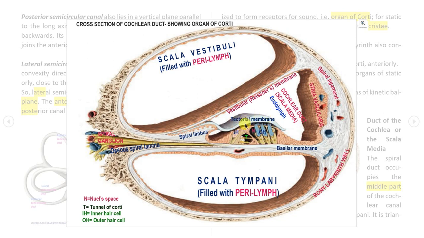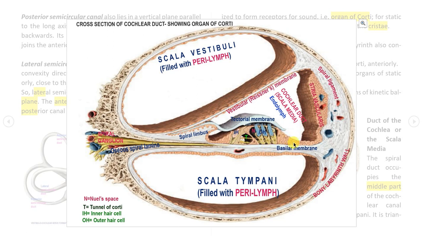In this membrane, in the lower part, there are embedded cilia of hair cells. These are outer hair cells. These are inner hair cells. These hair cells on the apex, the upper part, have cilia. These cilia project into this gelatinous tectorial membrane. The space between the outer hair cells and inner hair cells is called the tunnel of Corti. This T represents the tunnel of Corti. And the space between the outer hair cells is the space of Nuel.